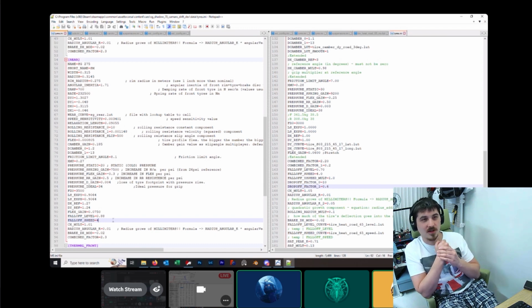90%. Yeah, most of them are. I would say a good handful of the car packs are doing that. Like we just talked about for the last 5-10 minutes, tires are to the general public a black magic. Nobody really knows what these values do. There's a good resource on learning them from Arch's pipeline, but a lot of people don't tend to put the effort in to